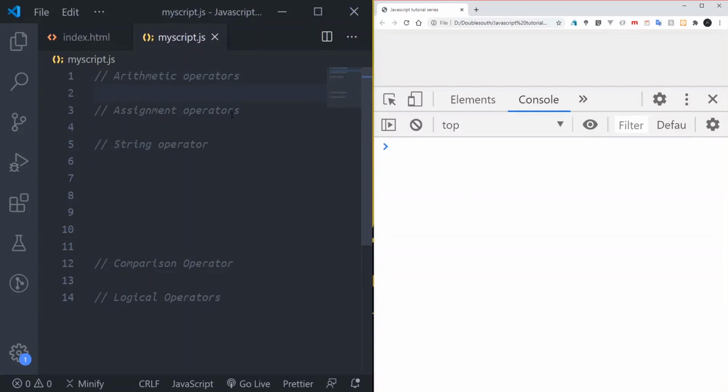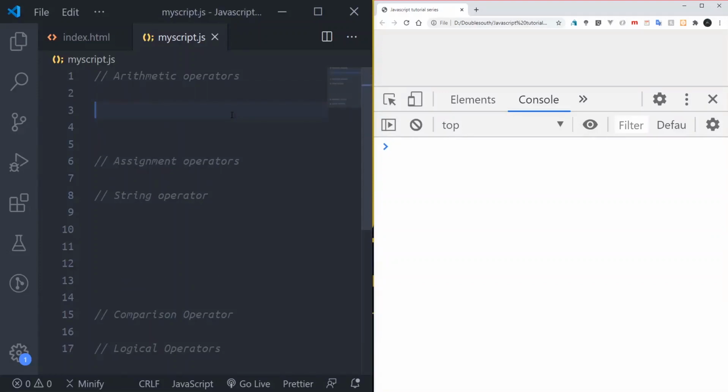So now these are arithmetic operators, and they solve maths inside our code. If you want to perform mathematical operations like addition, subtraction, multiplication, those kinds of things, you use them.